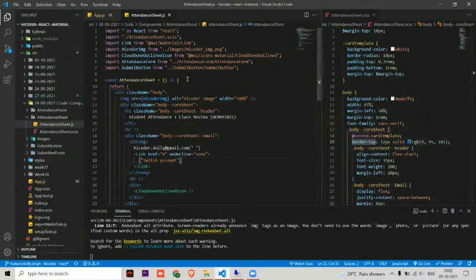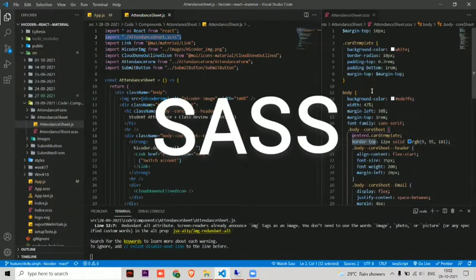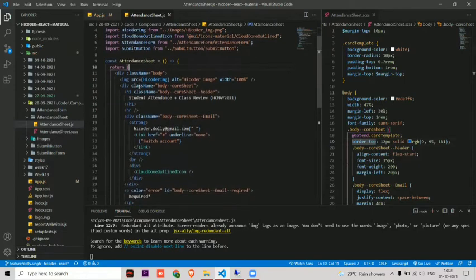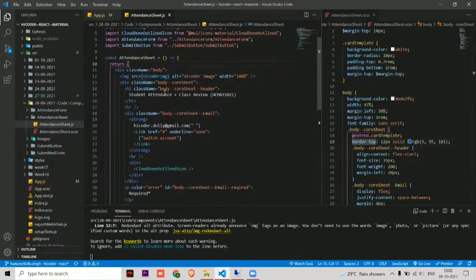Here you can see that I have imported React, and then I have imported the attendance sheet CSS, which you can see on the right side. Actually, it is not CSS. I prefer to use Sass because there are some advantages, so I'm using Sass here. I have imported other things too, but it's not important to link everything the first time. As you design, you will find what you need, and only at that time will you import and use it. If you know React or Material UI, then you might know that we design everything